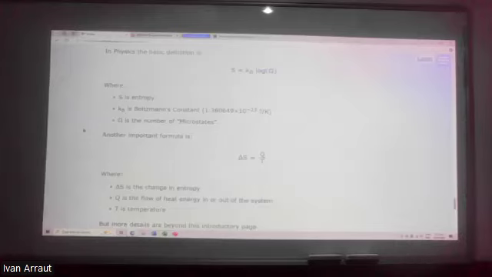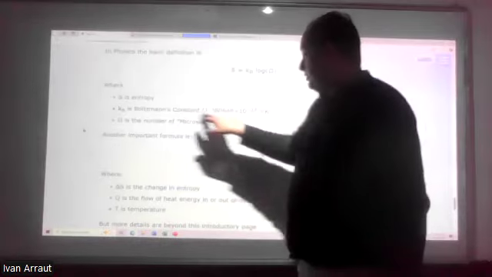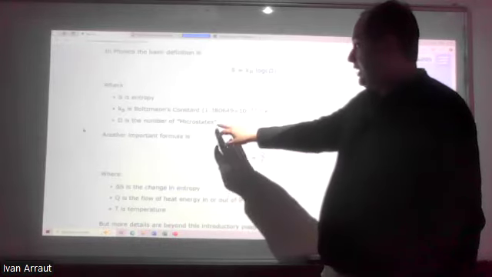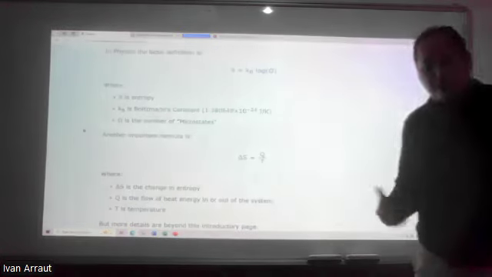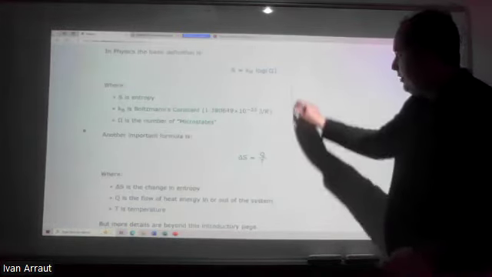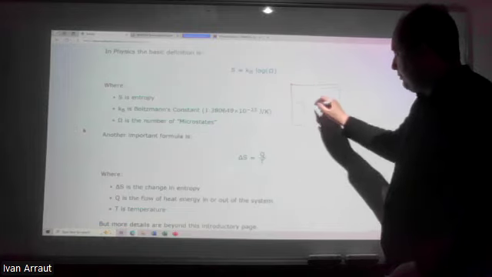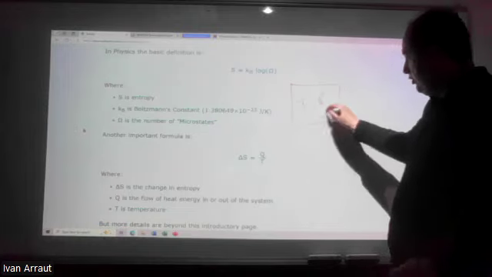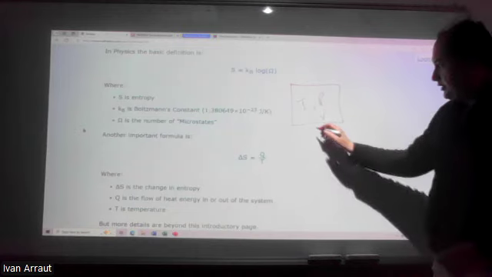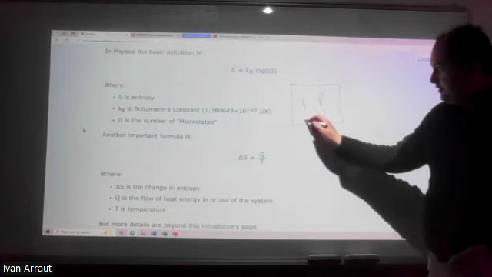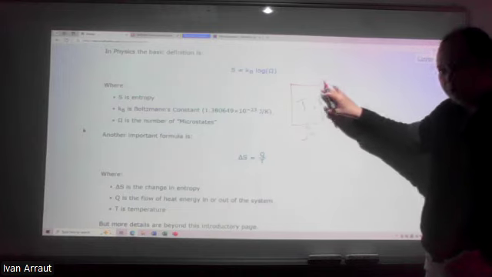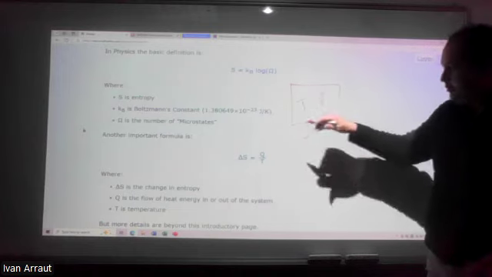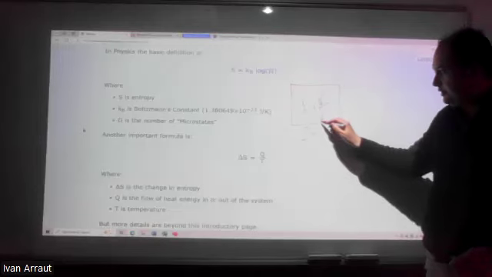So let's continue here. This is the entropy. This is the Boltzmann constant, defined with this. And this is the number of microstates. I always say microstates consistent with the macrostate. So it means that you have a box, again, I repeat, with temperature, pressure, and volume. Then, of course, the omega is the number of possible configurations the molecules can have for reproducing this temperature, this pressure, and this volume.